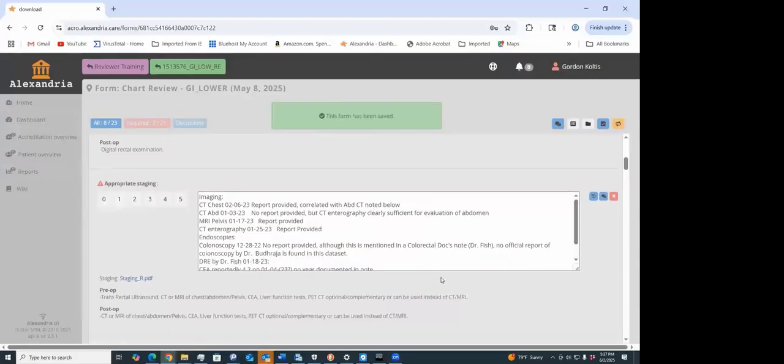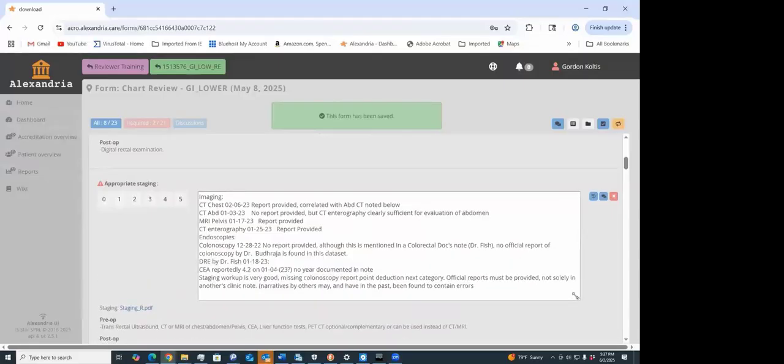Labs should also be submitted as official reports. Now, if you look here, I commented so that I can keep track of what's going on when I go to score it. A CT of the chest in the consult note said it was done on February 6th. Well, yes, they did provide that report. Here, a CT of the abdomen was supposed to have been done on this patient on 1/3/23, but they did not submit the report. So you must have official reports on labs and x-rays, CTs, PETs, and things of that sort,